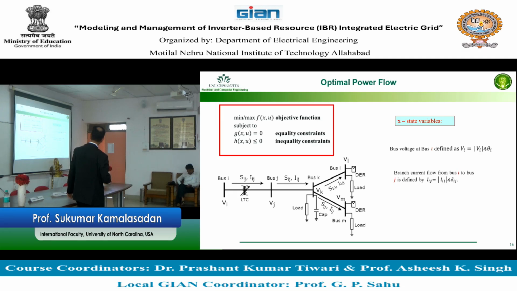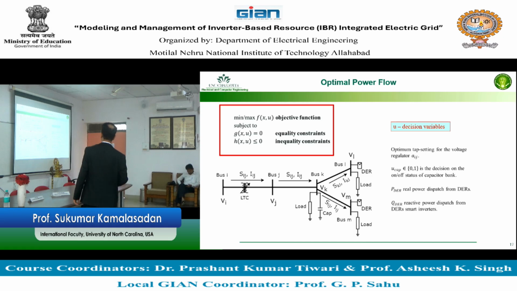This is the voltage angle of the voltage. This is basically the voltage magnitude and voltage angle that can be used as a state variable, and the current magnitude and current angle that can be used as a branch variable. Okay. All right. So once we do that, now we start looking at